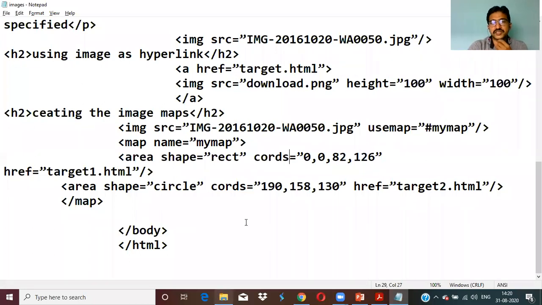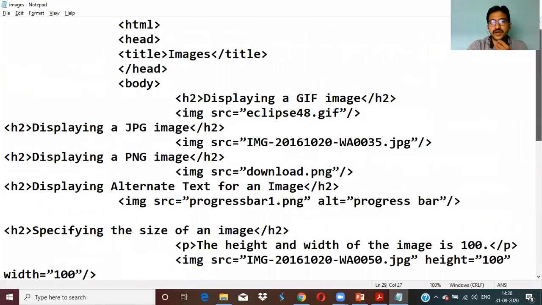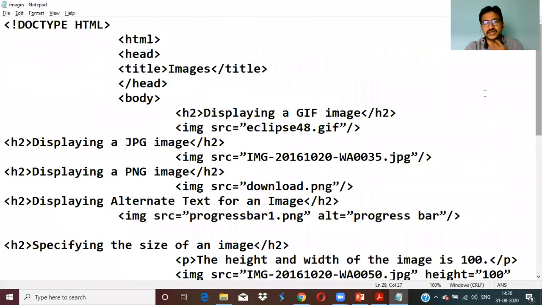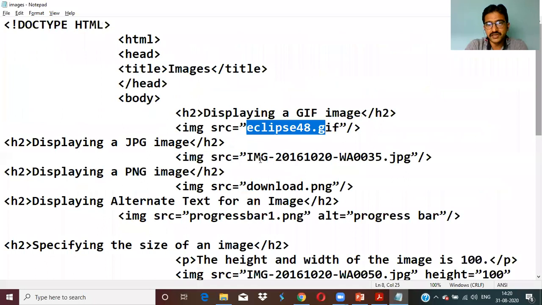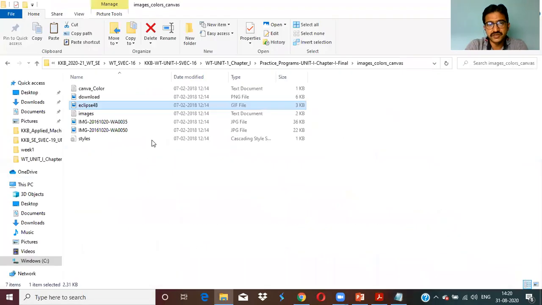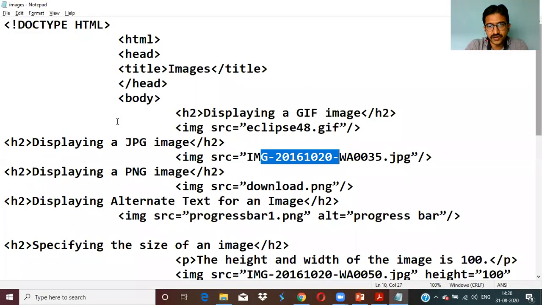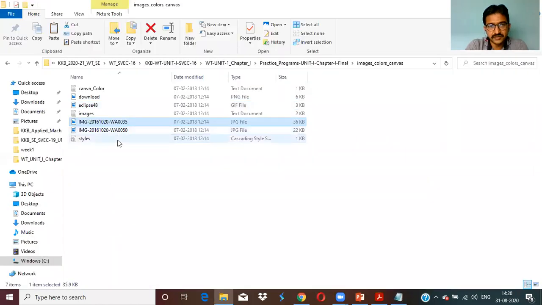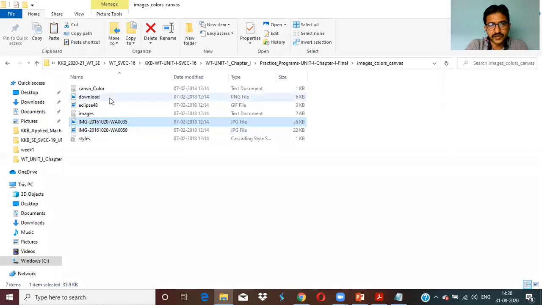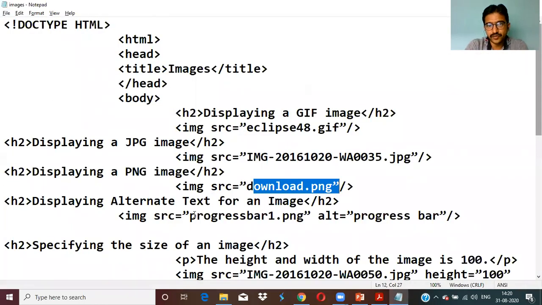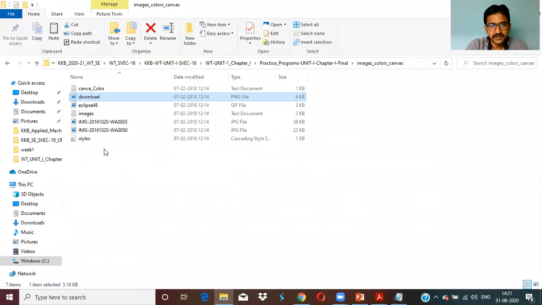Let me try to run this program. Now see whether our images are correctly there or not. First, I have inserted Eclipse 48.jpg. So Eclipse 48 is there. Another is img so and so, I have used img 201. Yeah, this is also there. Next download.png. Yes, already there. Now progress bar 1.png.